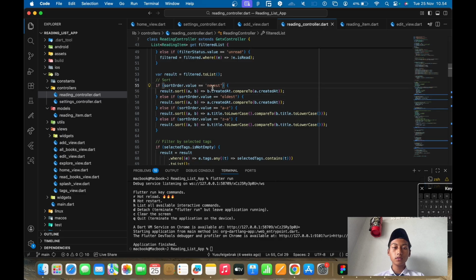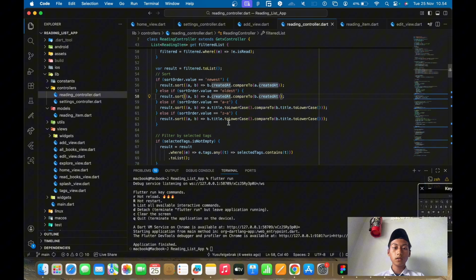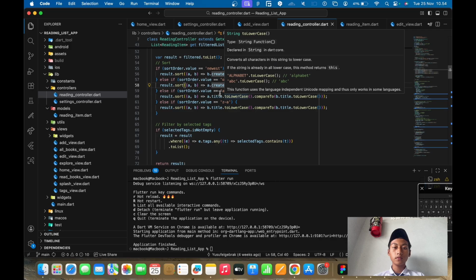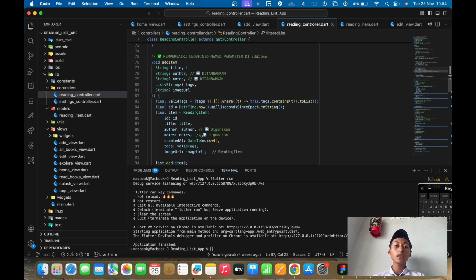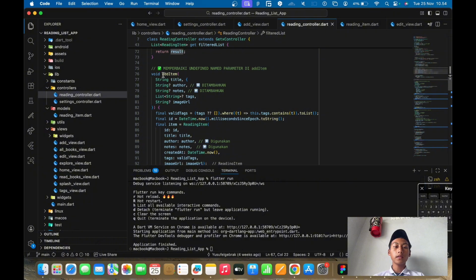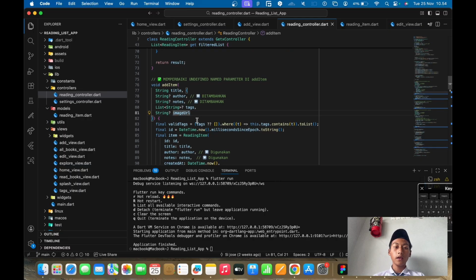There is newest, read, and then oldest, from A to Z, from Z to A, and then it is add item, which is required for string, for title, author, notes and text, and also